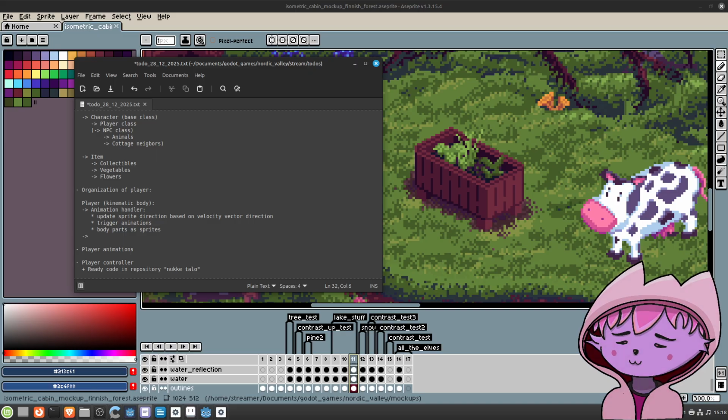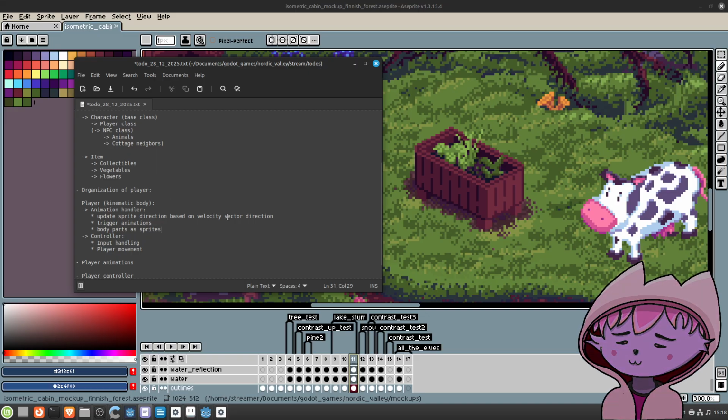And then we have the controller. It takes care of the input handling and player movement. Collision handling is pretty much done by kinematic body.